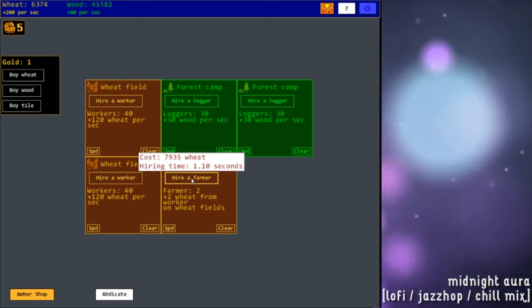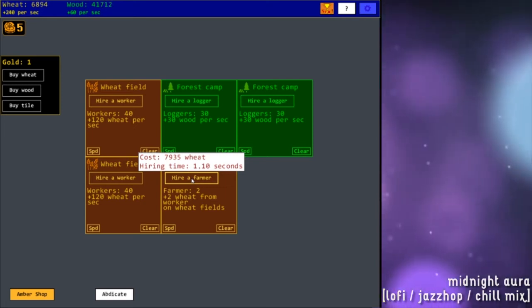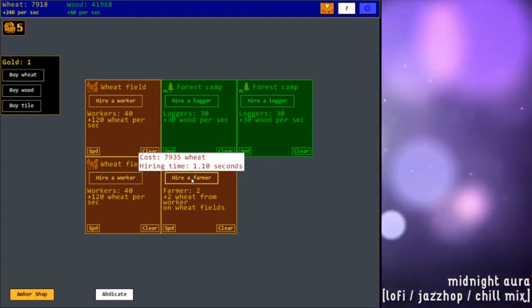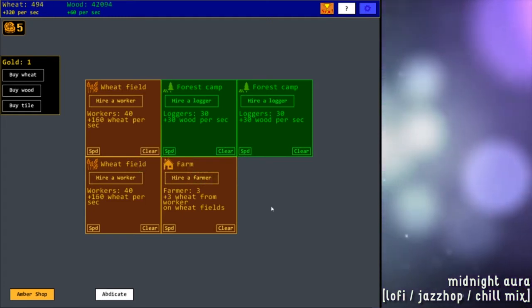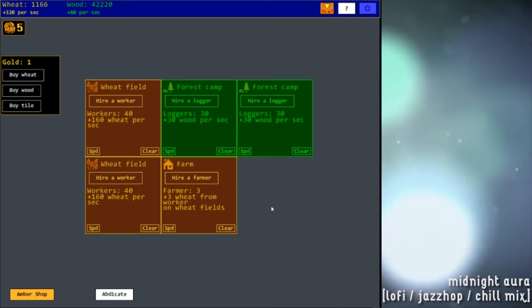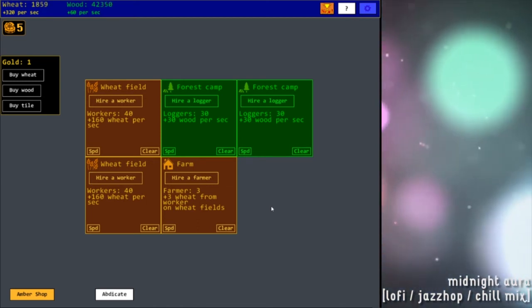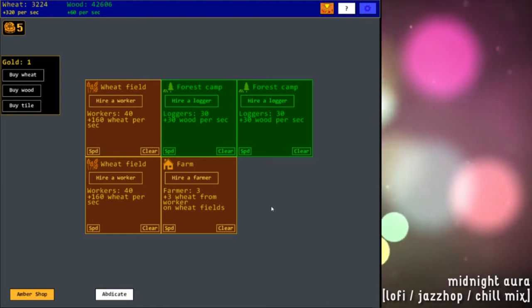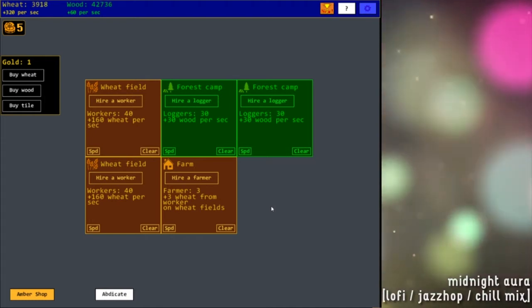Well, this is gonna take a second. And by that I mean a literal second. And now. Bam, 320 per second. Beautiful. I think that's another thing that draws me to these idling clicker games, is that it's a little bit